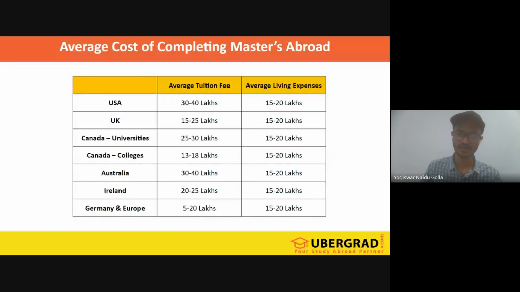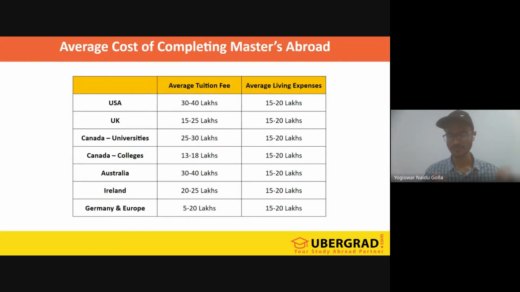We can add the other living expenses, which are 15 to 20 lakhs, so the total will come to around 55 to 65 lakhs, which is the average money for which people take an education loan. For the UK, it will be the second slab, with a lesser amount of money, as the UK has somewhat lower expenses compared to the US. For the UK, it's around 15 to 25 lakhs, and the living expenses will be the same, as the UK has many metropolitan cities where the cost of living is high.